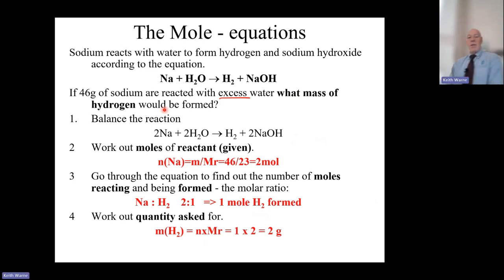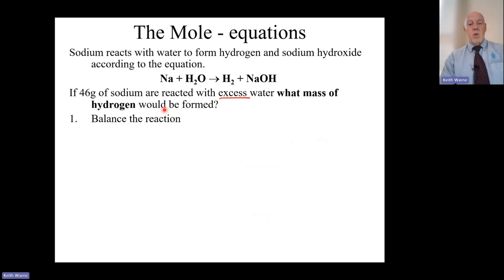So it's asking the mass of... when it says what mass of hydrogen is formed, I should have said the question is not quite clear. It should say the mass of hydrogen gas. So 100% agree, this question should have said